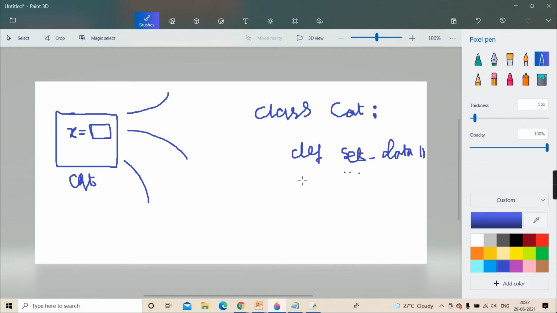Here you have written some logic, but you have defined a variable inside the class body. See here, x equal to and something you have assigned to it. Not within the method. Inside the method you are not doing it. It is outside the method but inside the class body. Correct? So this becomes which data?